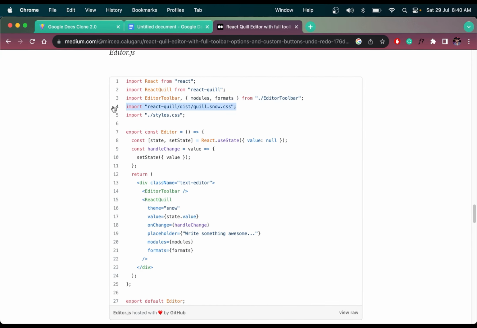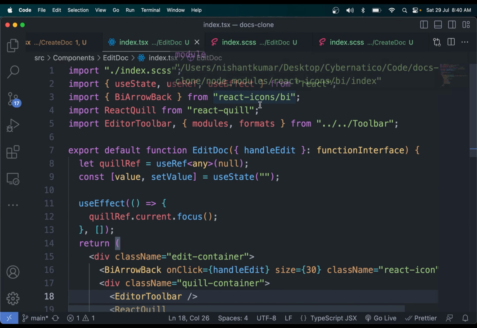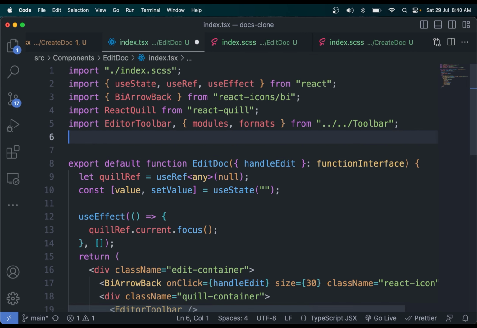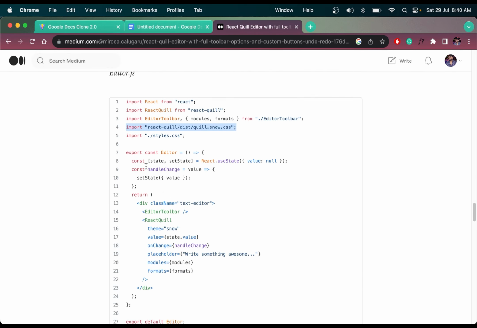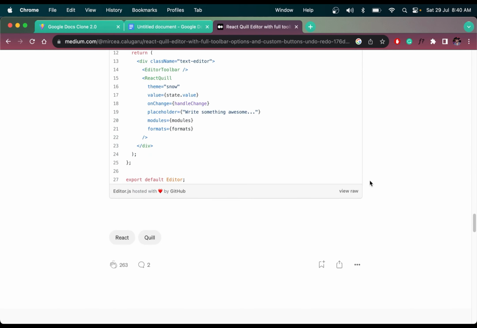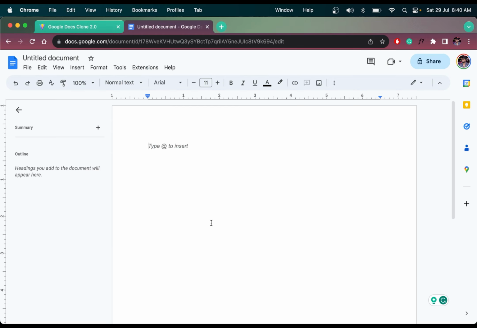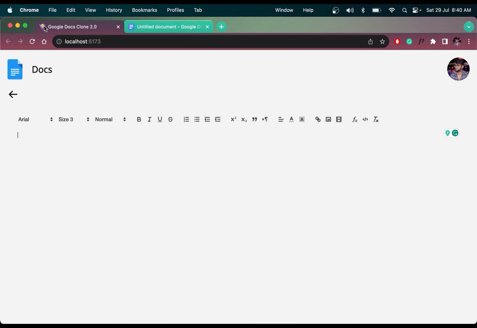Okay, we have this cool.snow.css. What if we put it in the edit doc? What will happen? Nothing will happen. So we don't need that. Fine. So close this article. Now, what we need is